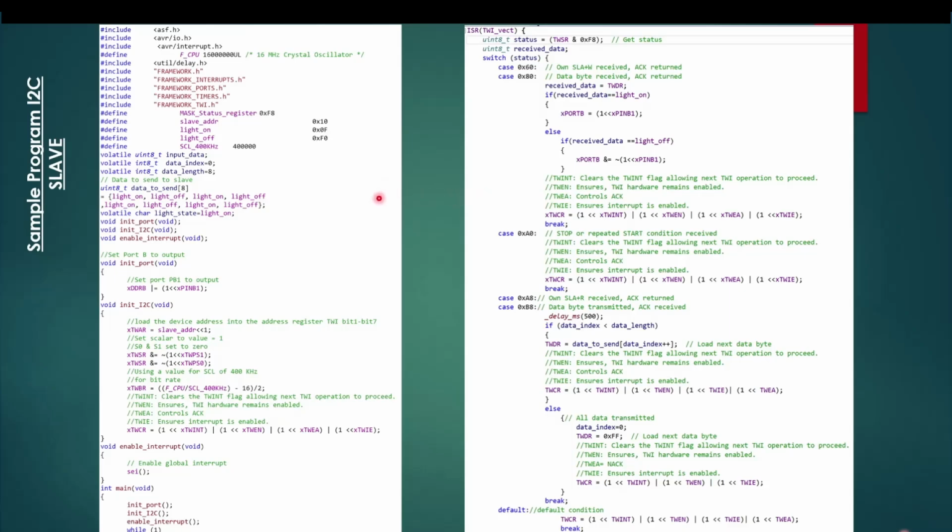So let's get into details. The init ports routine is initializing port B, pin B1, to output, because that's the LED that we're going to be turning on and off as commanded. In the initialization of the I2C, the init I2C, we set the slave address. Next, we set the scalar to be 1,